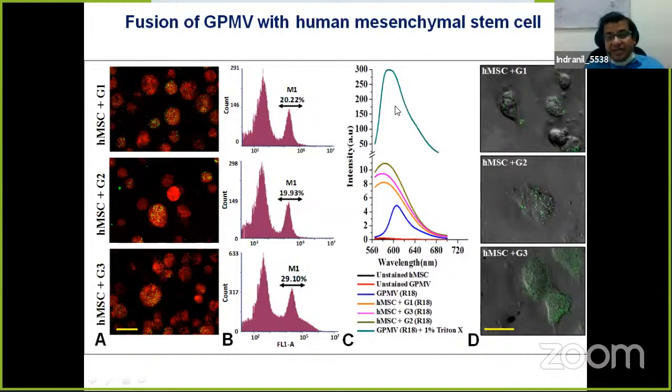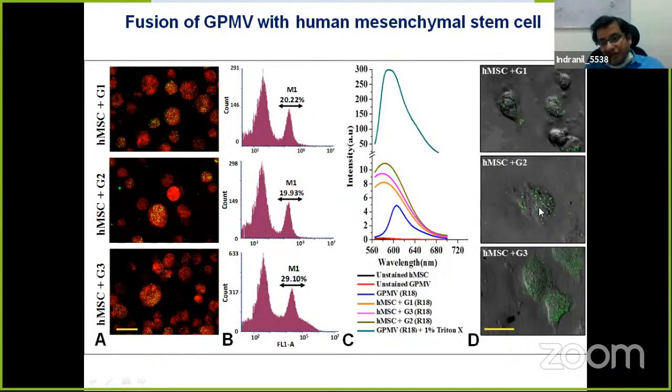The next graph is a typical one, which suggests how this GPMB interacted with the system. This particular experiment is known as a quenching-dequenching experiment. I don't want to go into the details of this experiment, but in short, it suggests that if there is a fusion, there will be a certain decrease in this intensity, and that way we check this fusion. After this, we want to observe, once this fusion has been done, whether the cells are still alive or not.